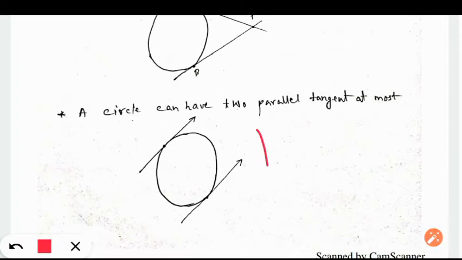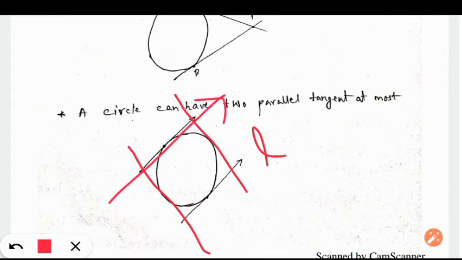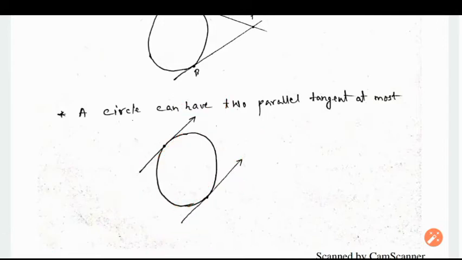Here we have one tangent. Suppose this tangent is tangent L. If I ask you to draw a tangent which is parallel to tangent L, you will draw like this. This line is a tangent, but it is not parallel to L. You will draw like this. That line is a tangent, but it is not parallel to L. So you will draw like this, and you can say, yes sir, this tangent is parallel to the tangent L. So how many tangents can we draw parallel to each other to a circle? We can say 2 parallel tangents at most can be possible in case of a circle.